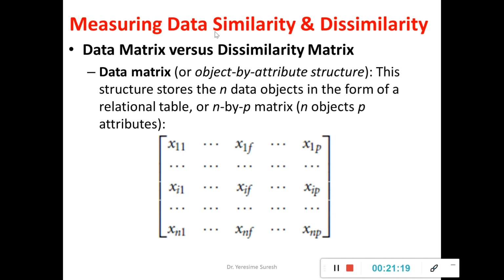Next we'll see the types of data similarities and dissimilarities. The very first one is the data matrix versus dissimilarity matrix. We have discussed the data matrix as part of record data, wherein a matrix is a collection of objects in rows and columns, where rows represent the data objects and the columns represent the attributes. That is what has been represented here in this example. Record 1, record 2, record 3, n number of records, they are all objects, and attributes 1, 2, 3, 4 up to p are your attribute values. This is the data matrix.